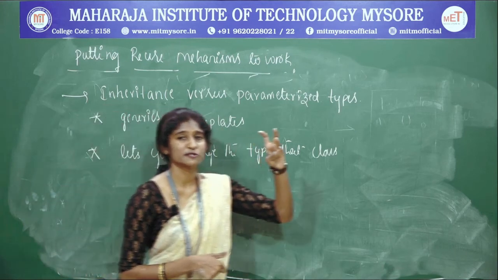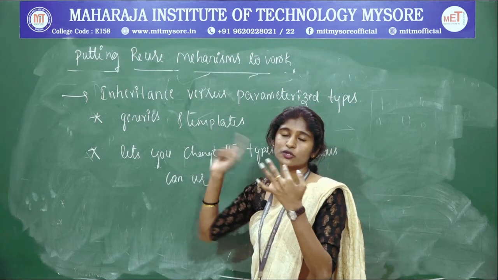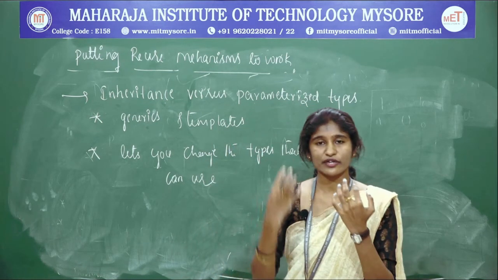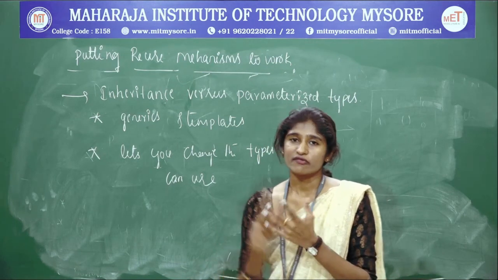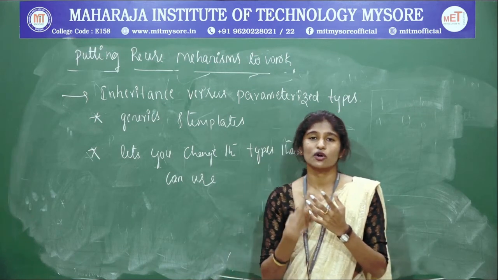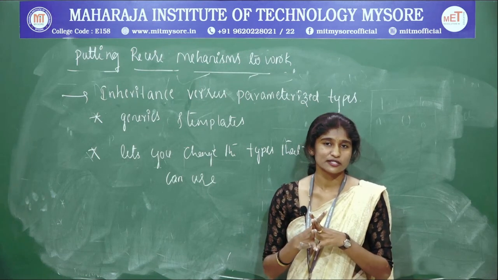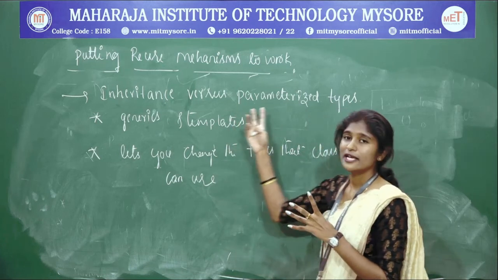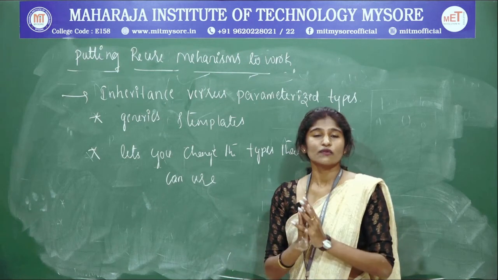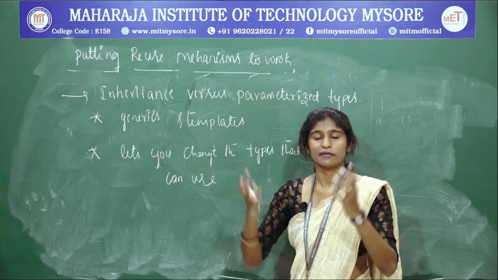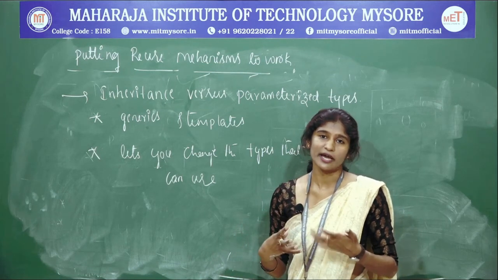So there you have the differences between inheritance, composition and parameterized types. Inheritance allows you to derive features from your parent classes. Composition, that is object composition, allows you to have a group of objects connected together, communicating through the use of interfaces. And parameterized types, the generics and templates, use a prototype, template, skeleton. Using that skeleton you can go on reusing it by changing the values, the types of the parameters.